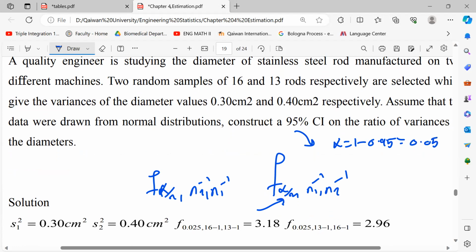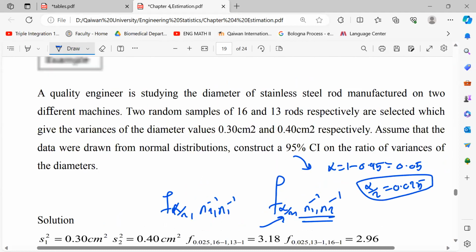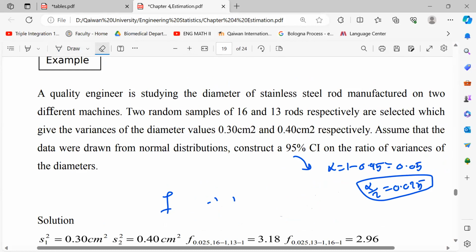This is alpha. Alpha over 2 is 0.025. Look for table of 0.025, and then work on n1 minus 1 and n2 minus 1. Okay? And then work on these two components. Okay. Look at this example. In this example,